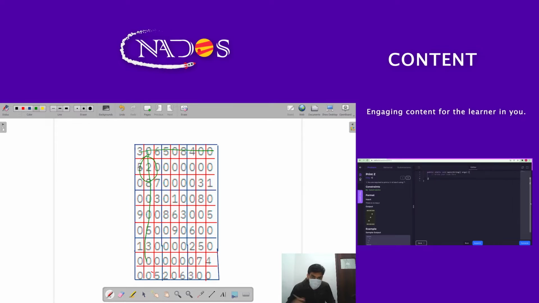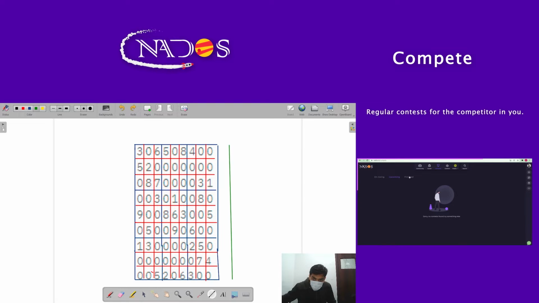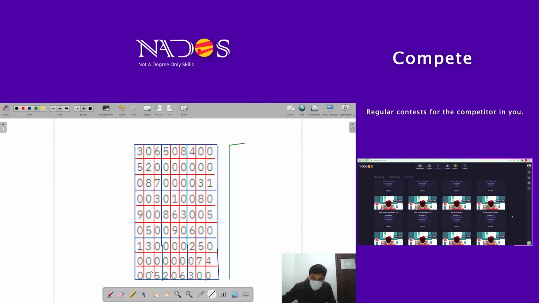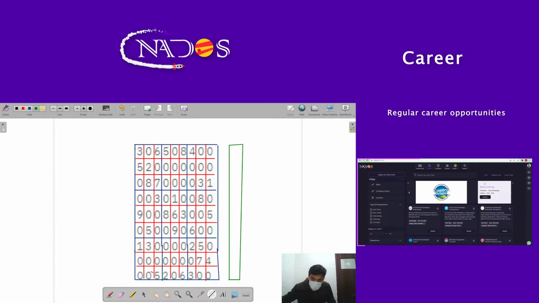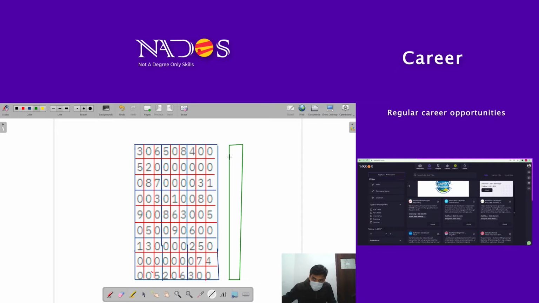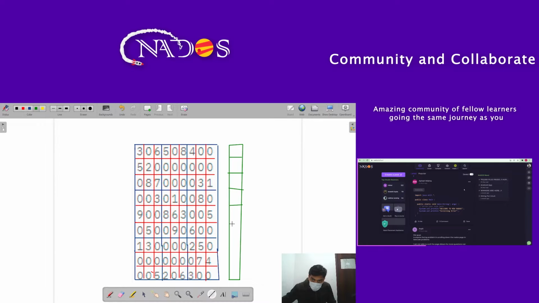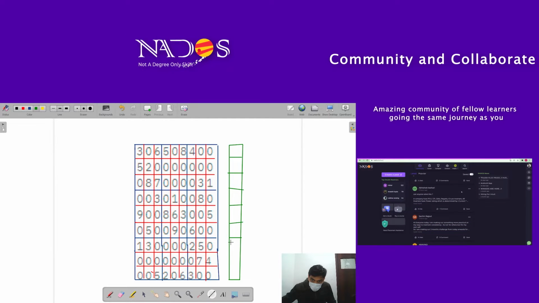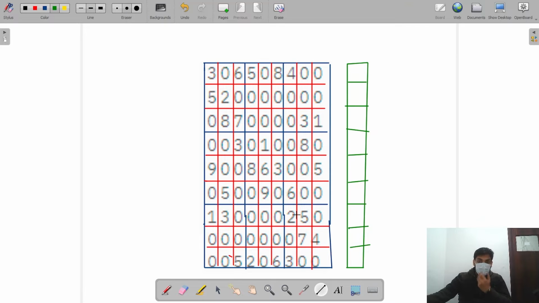So what I'll do here is create three arrays. We need to check three things: whether the number is present in the row or not, in the column or not, or in my grid. This is for my row.